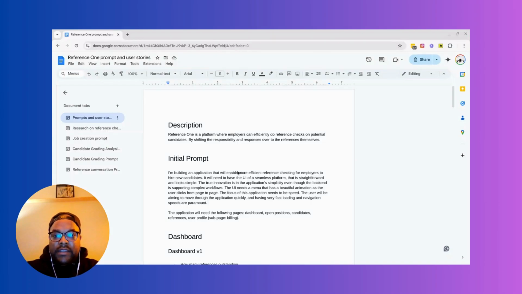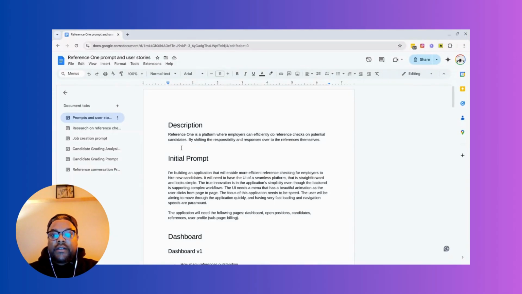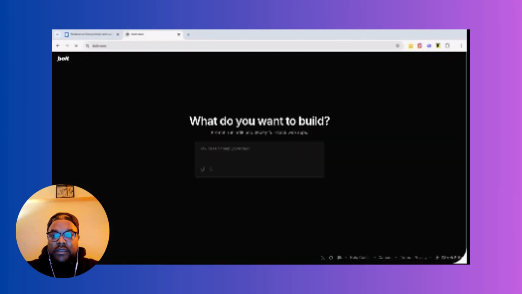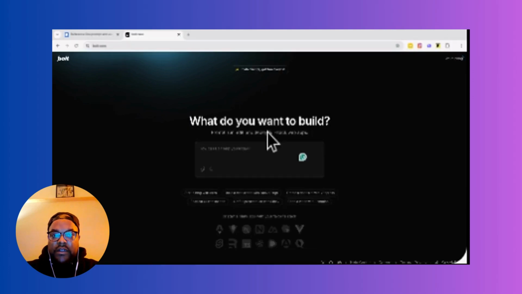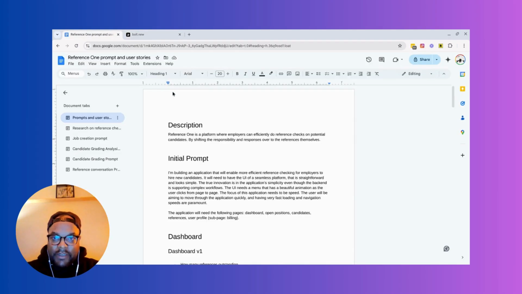All right, I got my glasses on so that you all can see this a bit better. Okay, so we're gonna go ahead and start building in Bolt. Let's make sure that it's working. All right, cool. So I have a premium subscription, so I can just kind of run through it. Okay, so we're in that document that we worked on. Here we go.